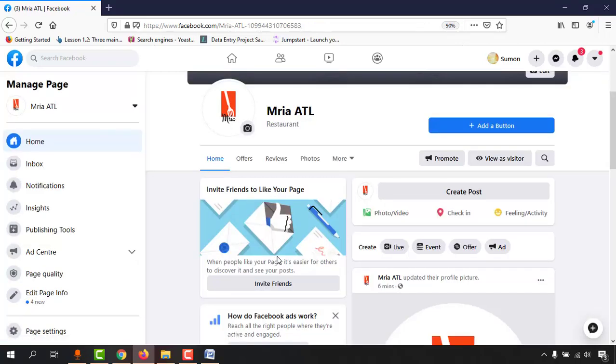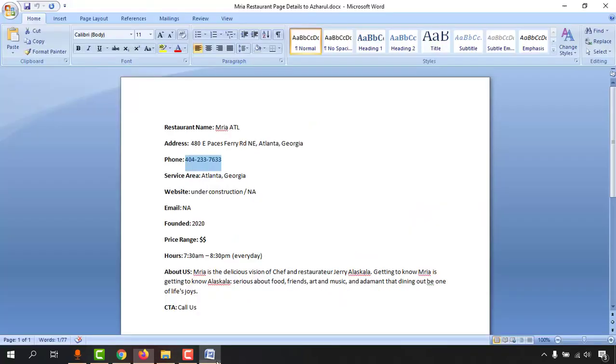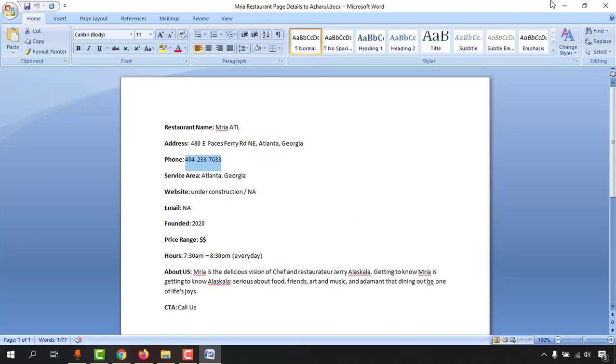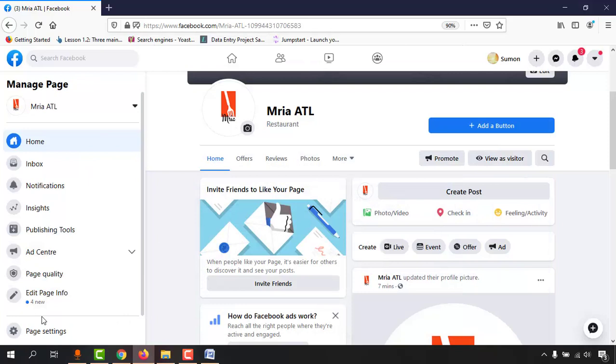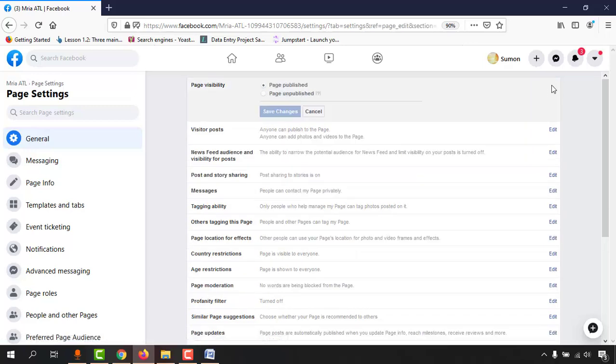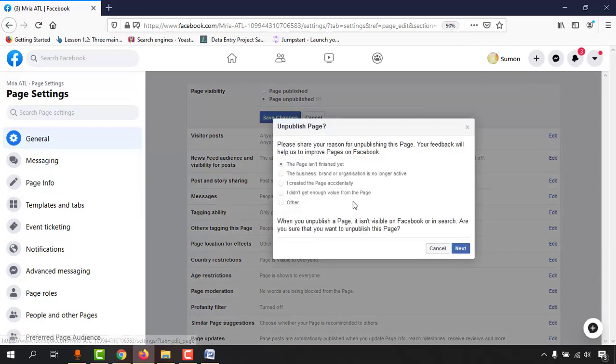Alright, so here we are on the Facebook business page which we have just created, and it's time to set up the page by adding all of the information which is available. So let's just do that. We have to click on page settings. After that you have to change this page visibility, which is now published, but we have to make it unpublished as we are going to work on the page, and after completing the work we are going to make it published again. So let's click on edit, and after that click on page unpublished, click on save,